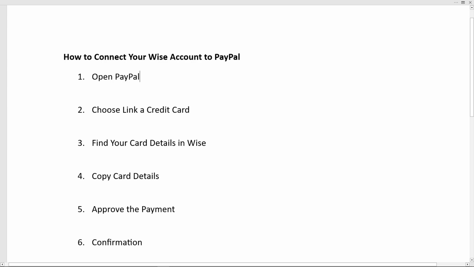Now open the Wise app. Go to card and select the card you want to connect to PayPal. Tap card details and enter your password. If you are on the Wise website, you may also need to verify using the app. Copy the card details such as the card number, expiration date and CVV code from Wise and paste them into